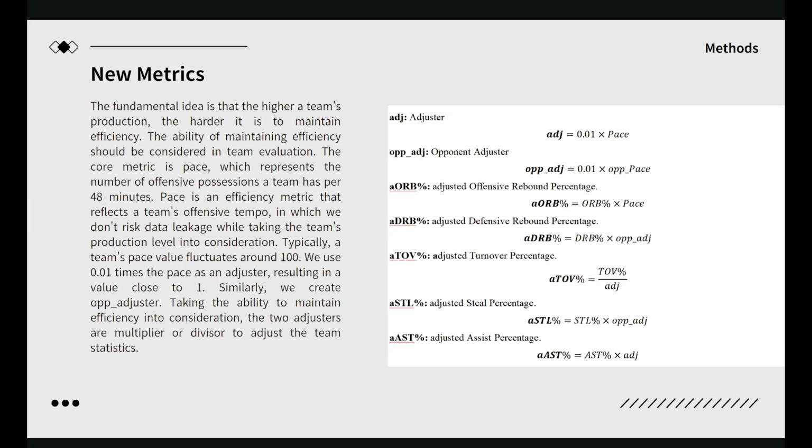For adjusted turnover percentage, the more offensive possessions the team has, the harder it is to maintain a low turnover percentage. The adjusted turnover percentage should be lower than its actual value for a fast-paced team and vice versa, so